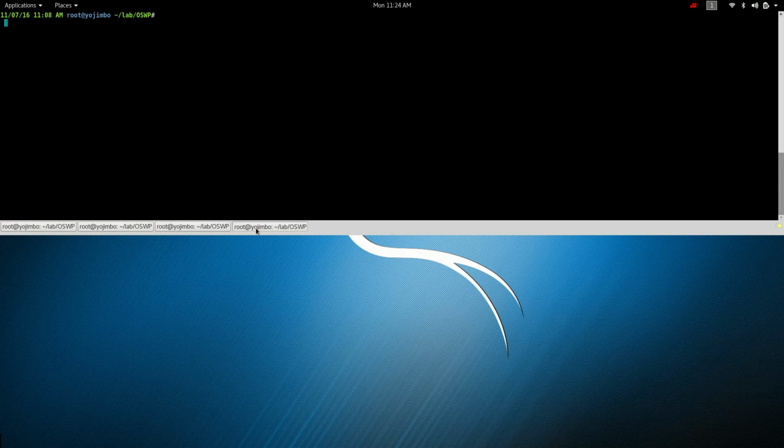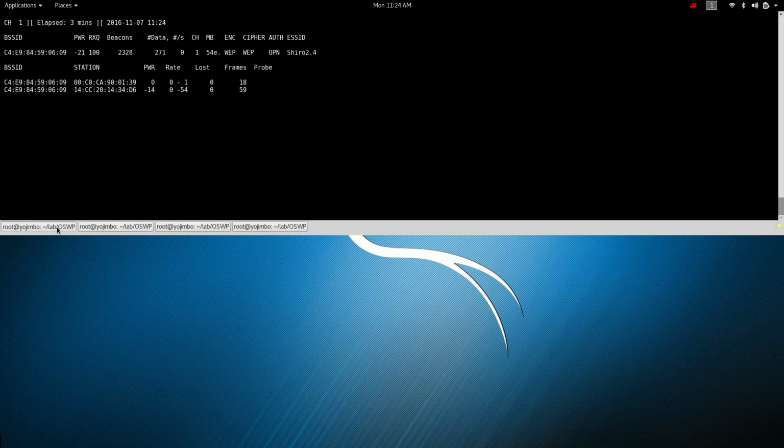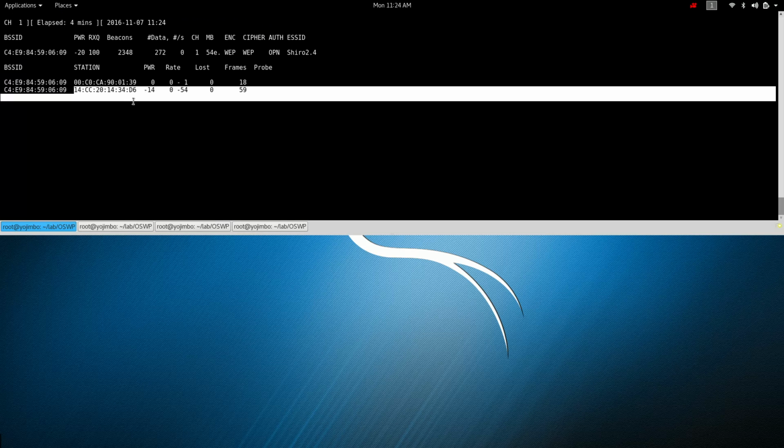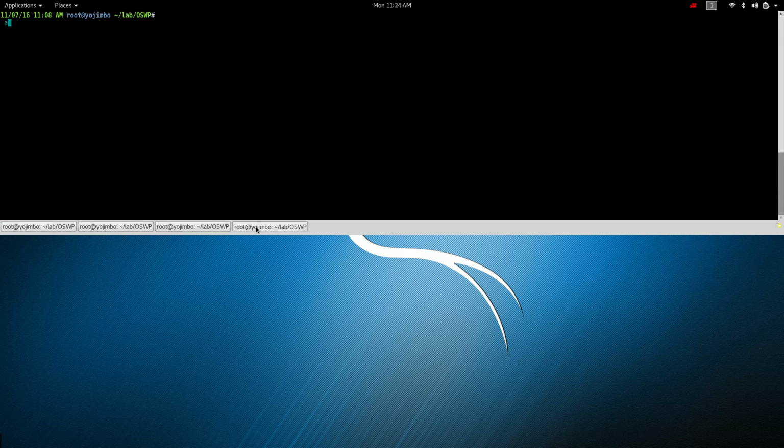So we're going to try to force an ARP by de-authenticating this TP-Link, this guy right here, our victim. So let's do that. To de-authenticate is the -0. We're going to send 10 de-authentication packets. And we're going to send that to,